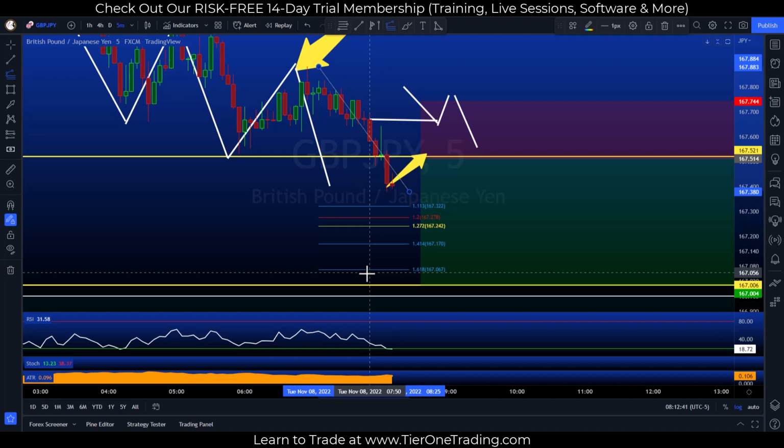Hopefully this showed different ways that you can attack it. Aggressive breakout with the sell stop. Conservative breakout, waiting for the confirmed break and close. Next is the pullback. And as you go on your trading journey, not necessarily saying you need to use